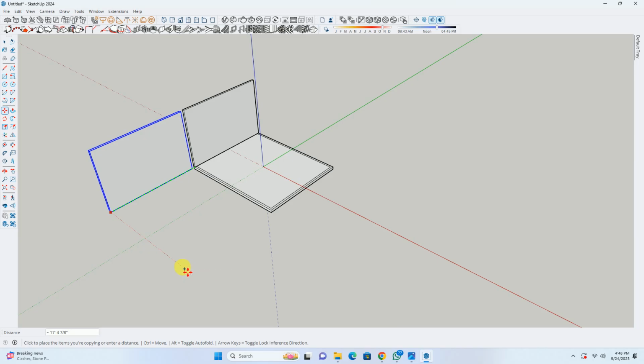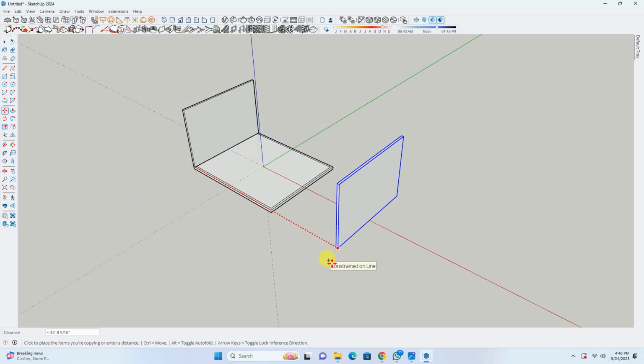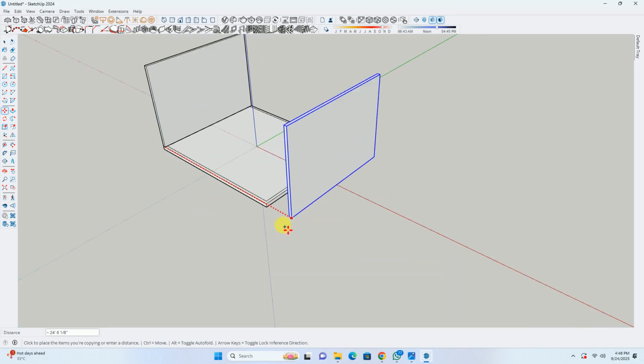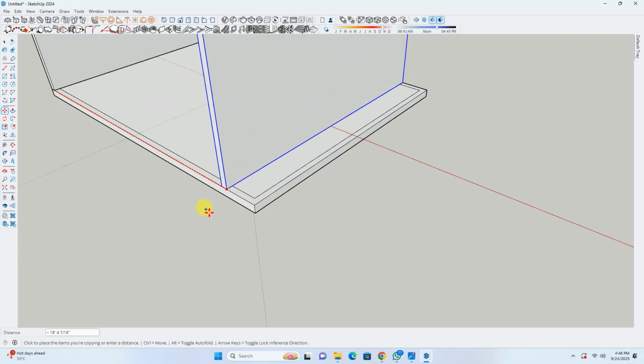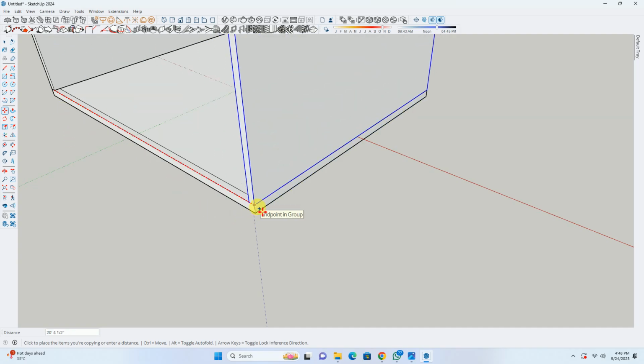If I press the right arrow key, it will move in red axis. If I hit the up arrow key, it will move in the blue direction. In this manner, we can easily copy the object along a particular constraint.